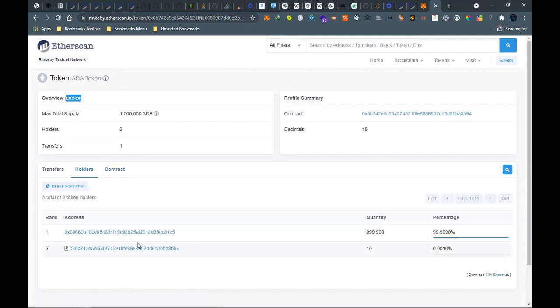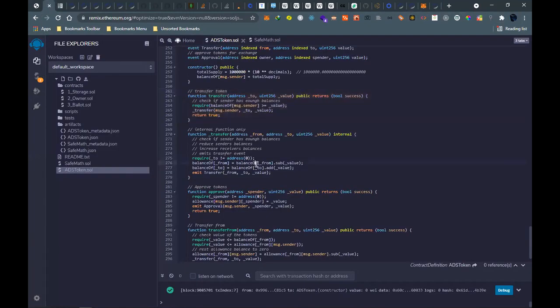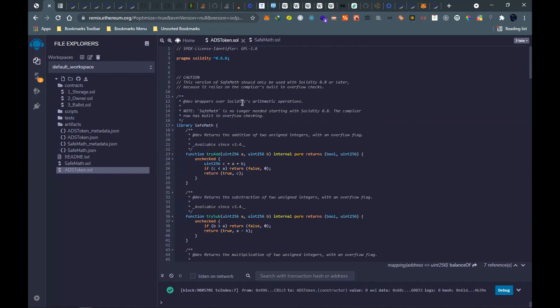And we have been able to create a full-fledged ERC20 token. It's a simple one. It doesn't have a lot of functions. So in our next class we can do more on the contract. We can add function ban. We can add function ownable. We will add another smart contract that is ownable.